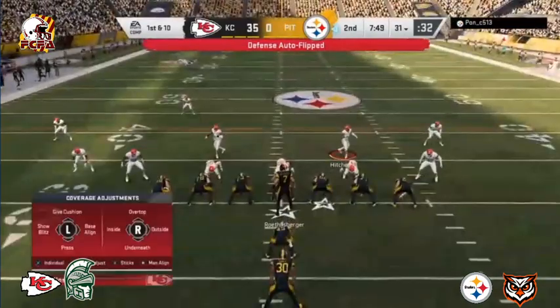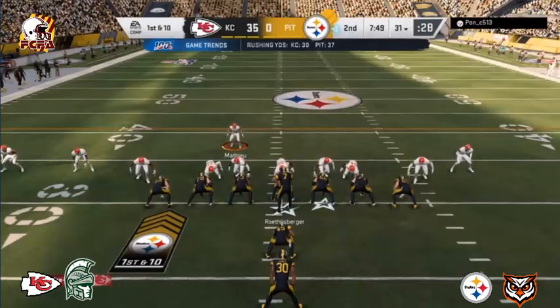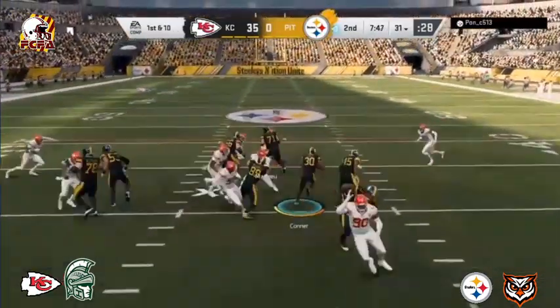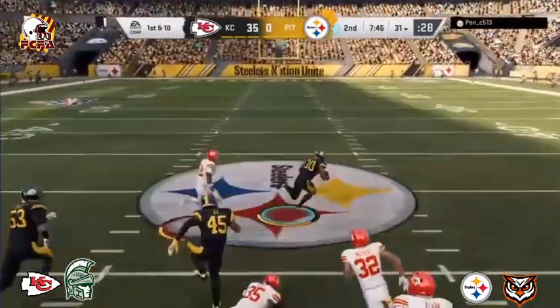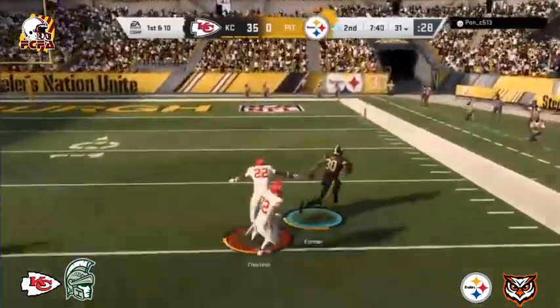The Steeler offense here about ready for their next drive. And they gave up the pick six, and now they'll be looking to right the ship here. Now, as a quarterback, are you a little more cautious this go-around? You should be, just because after what you gave up, but you can't be so...